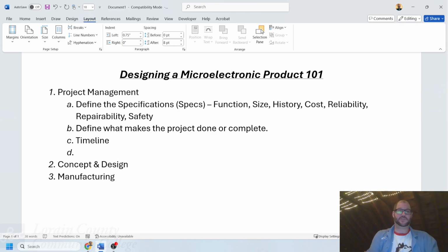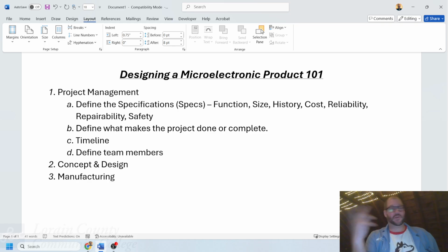And then a last one out of this is define the team members. Many designers will frequently not work by themselves in a variety of areas. One could not necessarily be an expert in all areas related to microelectronics. There's usually a multidisciplinary team: electrical people who are familiar with electronic function, mechanical people who are familiar with the artwork and the layout and how the overall board is to be designed, the machine and fabrication people who actually build the circuit board up, the manufacturers who do the soldering of all the components together, the testing people,